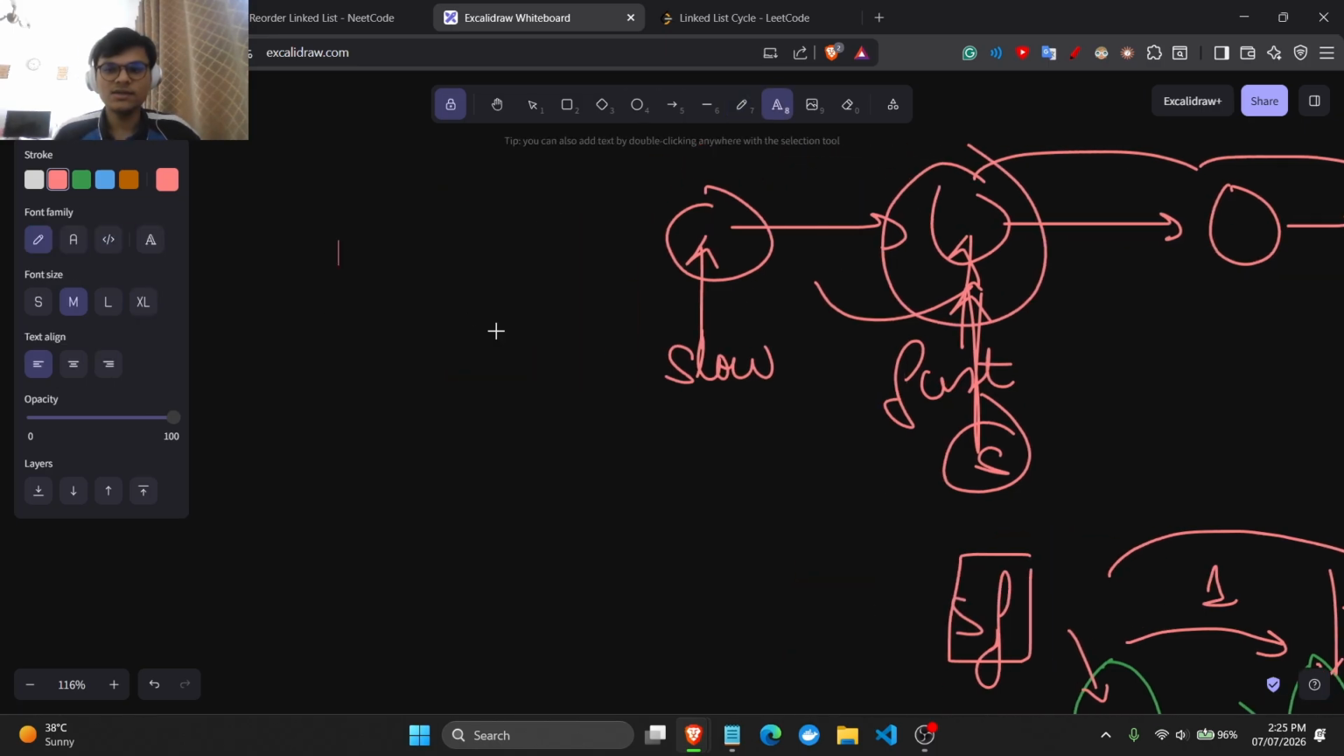Now, knowing that the constraint is that we'll have at least one node, what we can say is slow is equal to head and fast is equal to head dot next. Then we can say while fast and fast dot next, making sure that fast is not none and fast dot next is not none, because it has to jump over it. What we can say is fast is equal to fast dot next dot next, and slow is equal to slow dot next. The moment this stops,